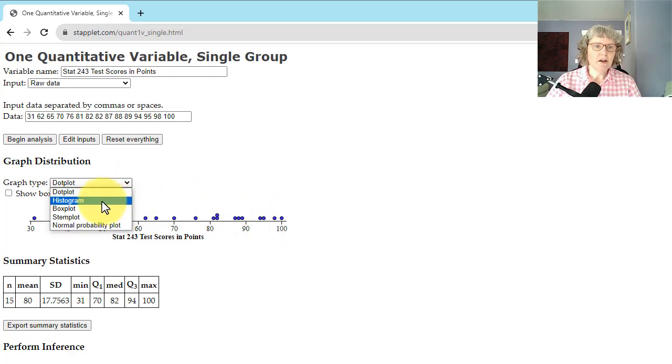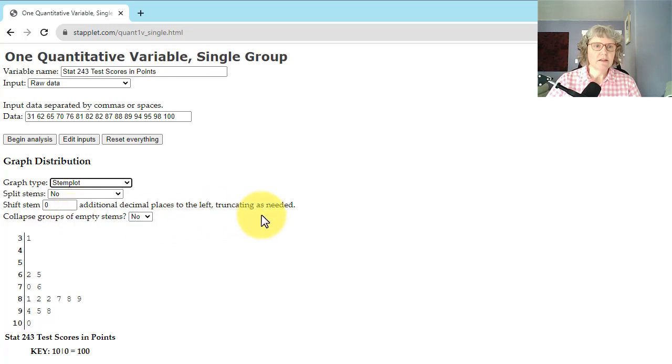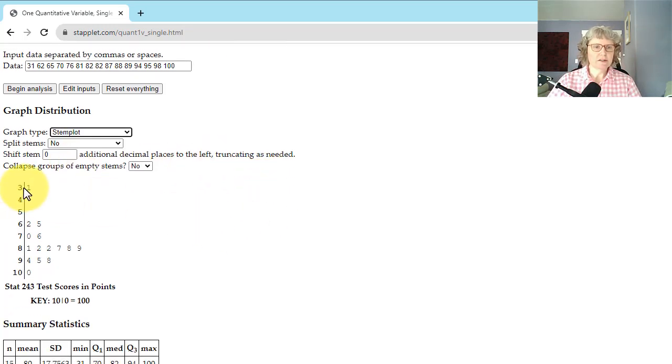Now we can also select a stem plot. Okay, so this also looks very similar to our stem and leaf plot. You can see they have the key 10 bar 0 is 100. You can do some fancier things with stem and leaf plots. We're not going to go very into depth into that, so just the basic one is